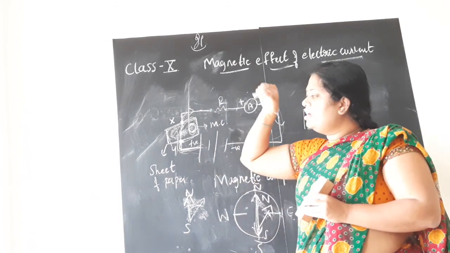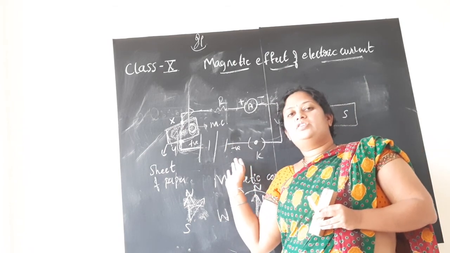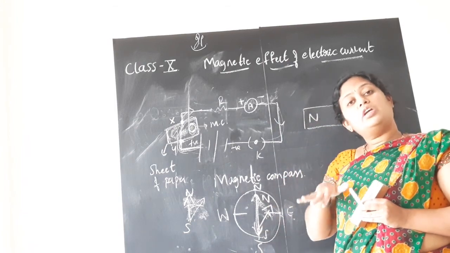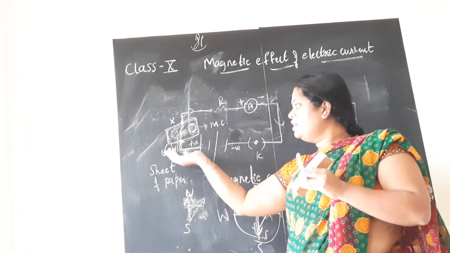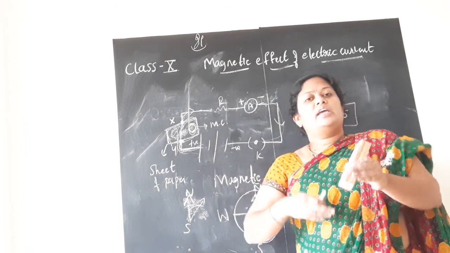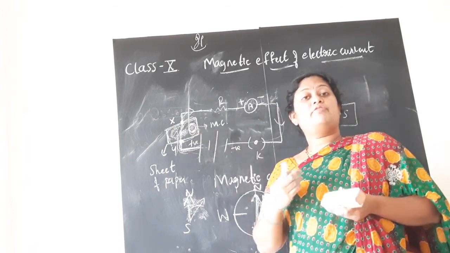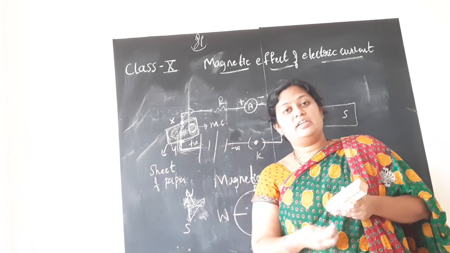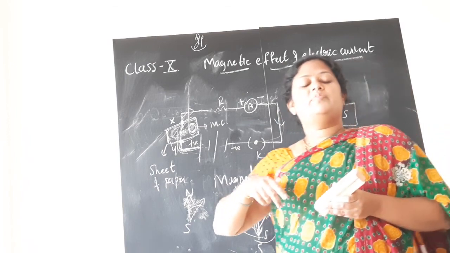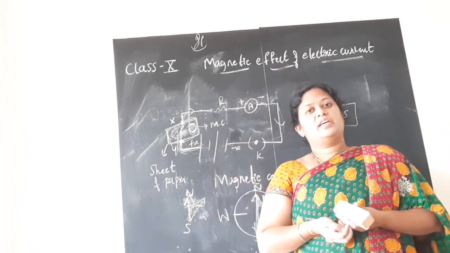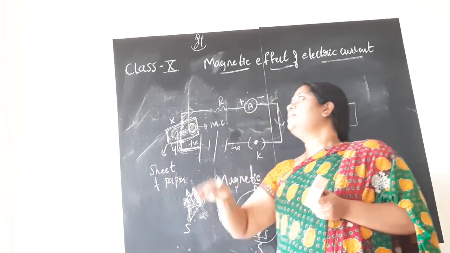Now, can it be reversed? Right from the electricity chapter, children, we have been giving importance to the concept of electricity. Electricity is doing this, electricity is doing that. Finally, we said electricity is producing a magnetic field as well. Can it be reversed? Reverse means what? Can the magnetic field or magnetic force produce electricity? Can it happen? Whatever we studied now in the activity, can the reverse process happen? Yes or no? The answer you will get when we study this chapter in detail.